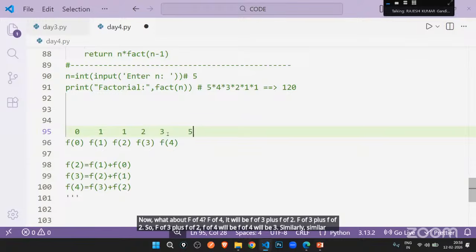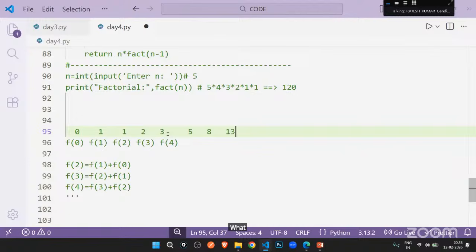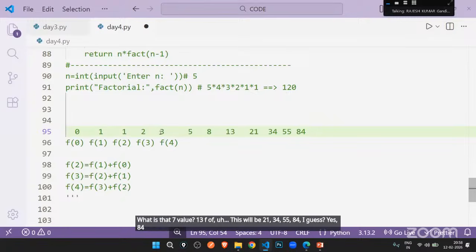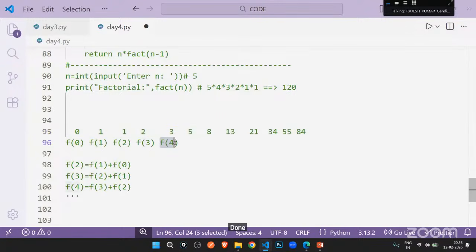Similarly, f of 5 will be 5, f of 6 will be 8, f of 7 will be 13, then 21, 34, 55, 84, I guess. Yes, 84. So on, it will keep on repeating itself, right? Done. Let me just quickly type it.